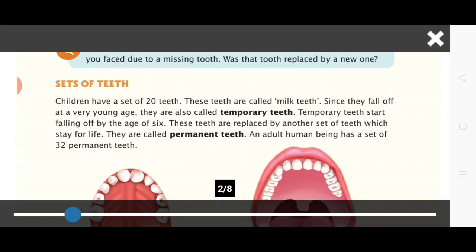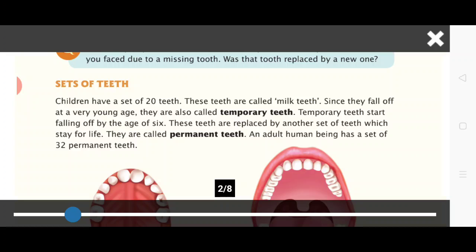They are called milk teeth or temporary teeth or baby teeth. Why are these called temporary teeth? They are called temporary teeth because they fall off at the age of 6 to 7 years. From about 6 years of age, under 12 years of age, you start to lose them. But that does not mean you don't have to look after them.